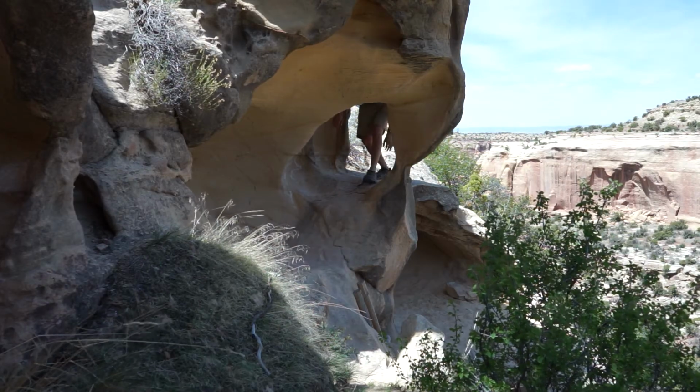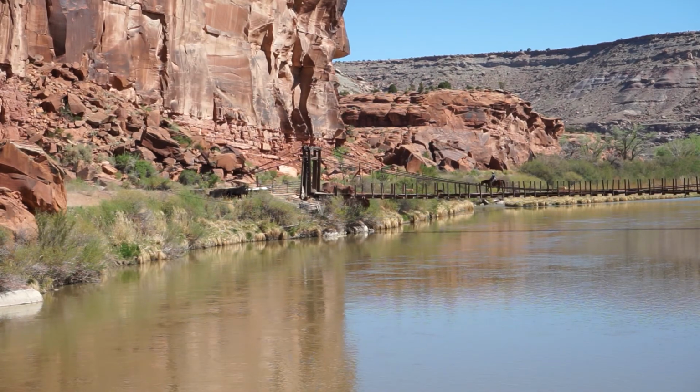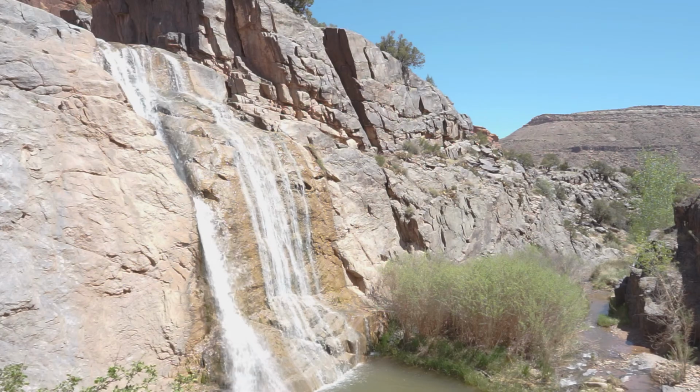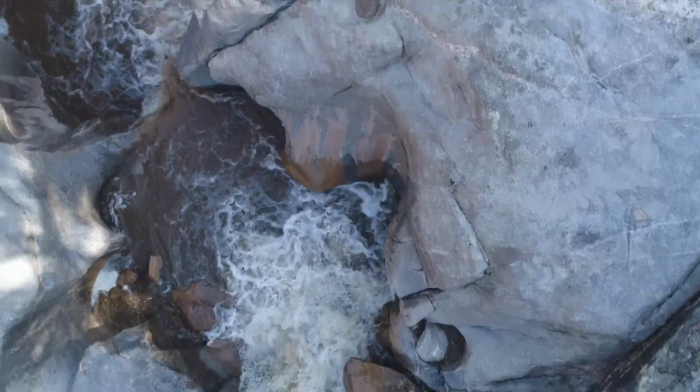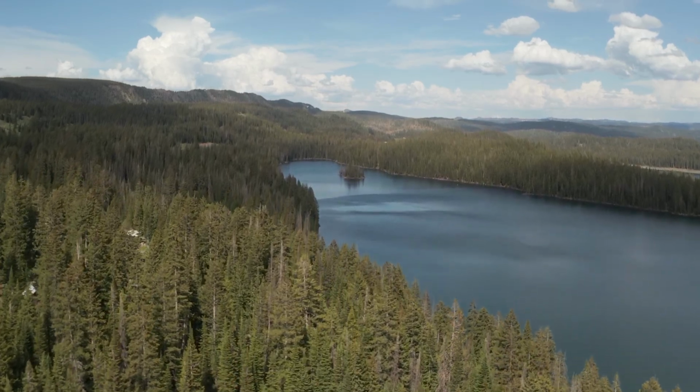You'll also find some really cool hiking around this area. If you want to cool down, a lot of people take trips down the Colorado or the Gunnison River, and there's some cool creeks near Delta where you can hike and cool down for a little bit. To the east, you'll find Grand Mesa, which is a little bit cooler, and there's a ton of hiking and